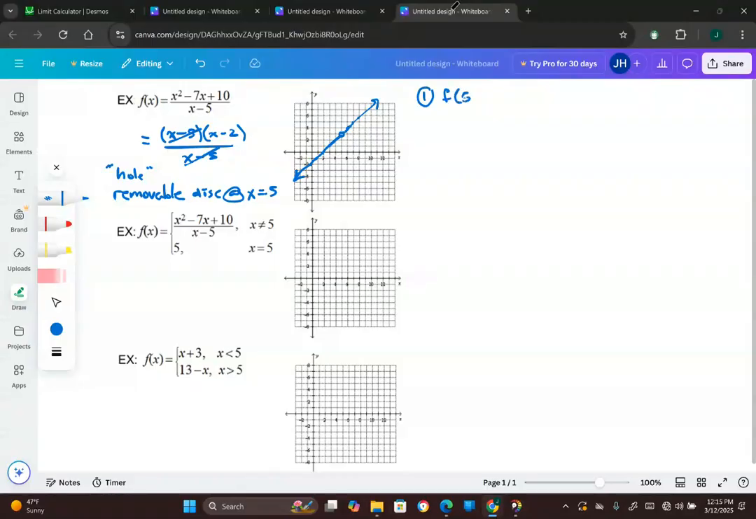Is f of 5 defined? Well, it's not. There is no point at x equals 5. We can stop. I have a discontinuity at 5 because it fails the first condition. I don't even need to check the next two. But the one thing I do notice here, if I were to write down step 2, it would be satisfied